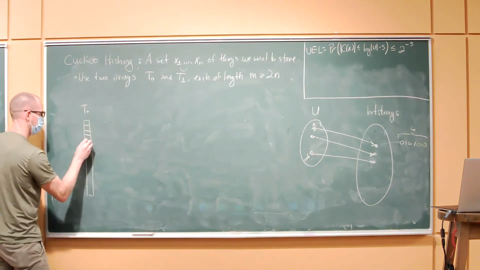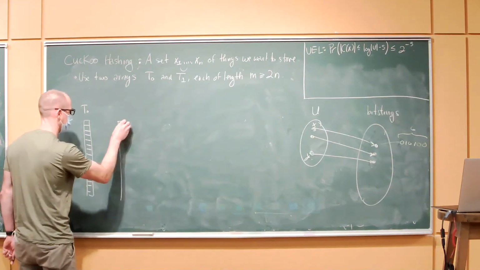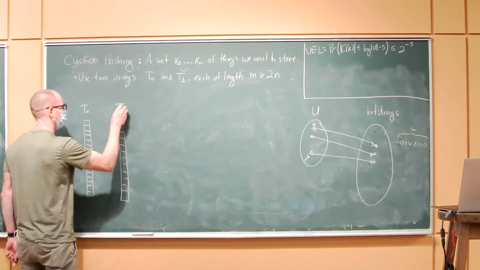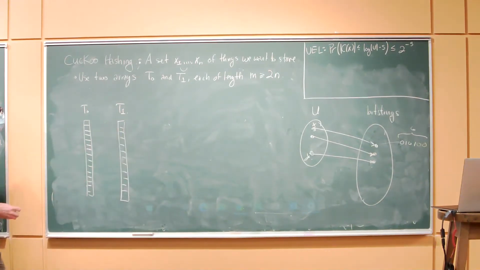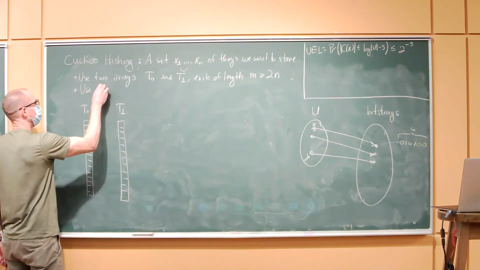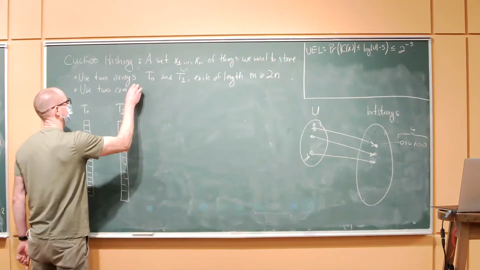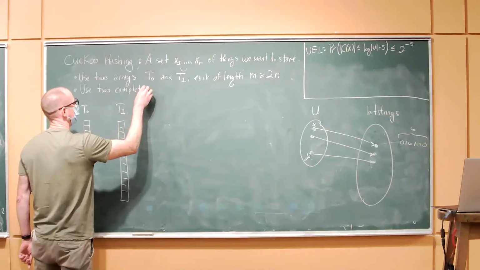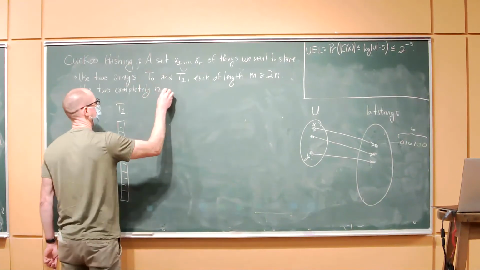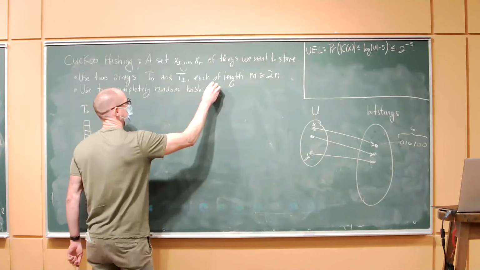T0, T1, and we're going to use 2 completely random hash functions,